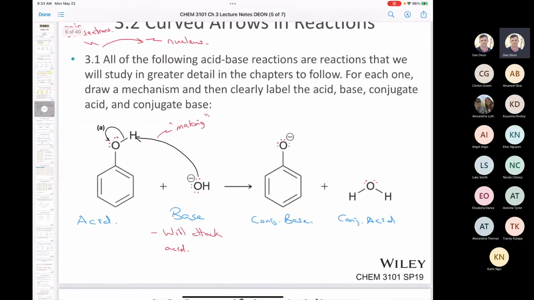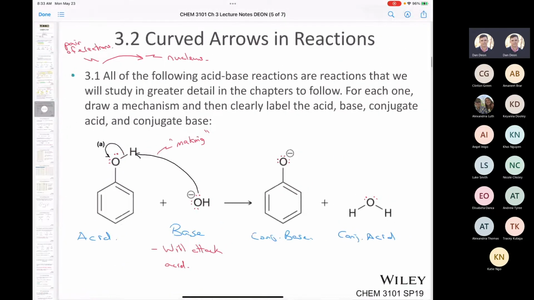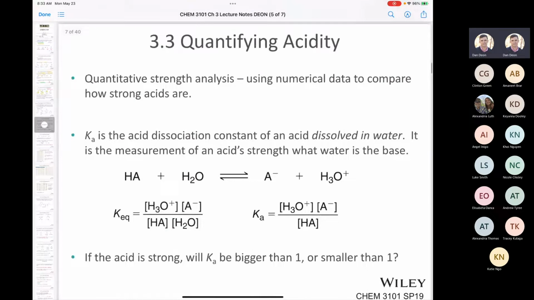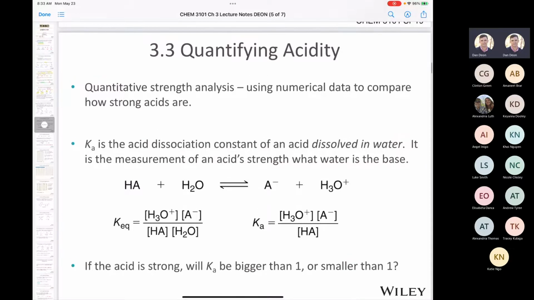Okay, let's go back to the slide deck. Let's see here. Somewhere around here, question 3.1. And let's move on and let's get into a little bit of quantifying acidity. So a little bit of math, not a whole lot of math. In fact, there's very little math in organic chemistry, or that you need in Organic Chemistry 1. And this will be a little bit of a review from your General Chemistry 2 days when you learned about